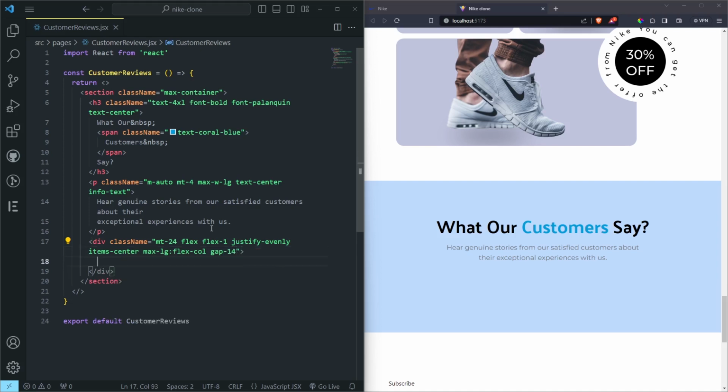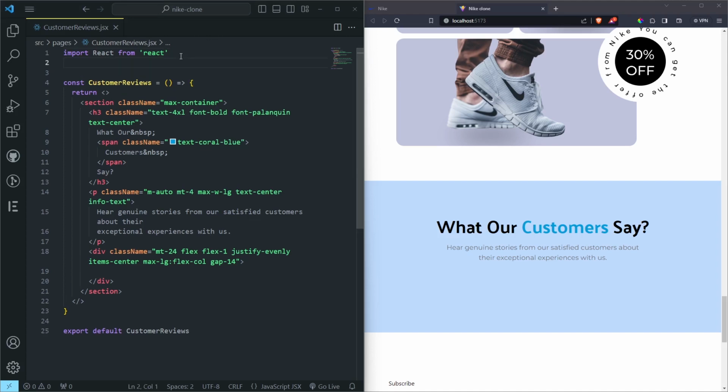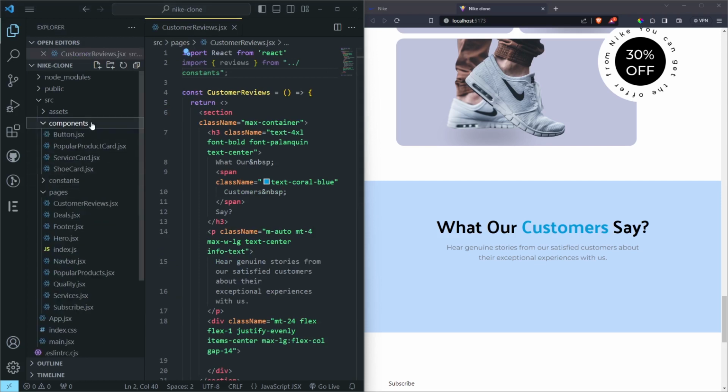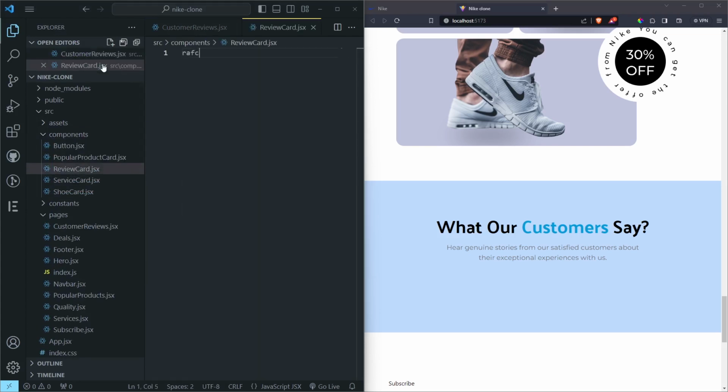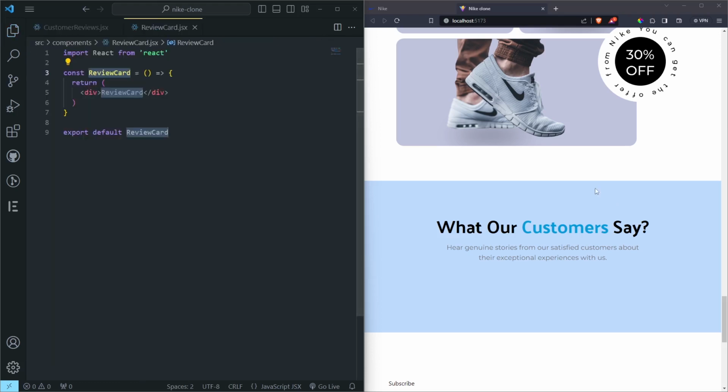So inside this div we want to do our reviews, but these reviews are going to come from our constants. But before we map our constants, let's import them here. Our reviews, that is, we want to create a, what is it called, a review card, which is for the customer reviews. So come to the components and then create a review card.jsx, do rfce, and then inside here the only thing we're going to do, because our reviews are going to have a star rating, we can import the star there and then remove this,